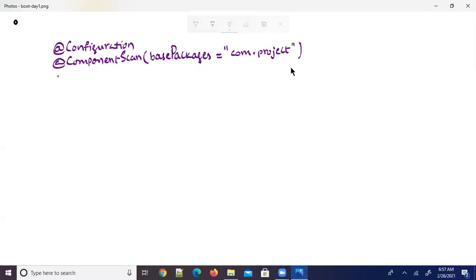What is the next annotation? @PropertySource. If more than one value is there, then enclose those strings within curly braces. @PropertySource has a value element.